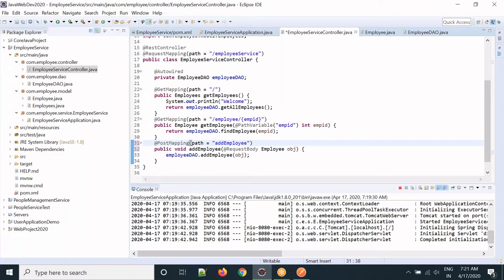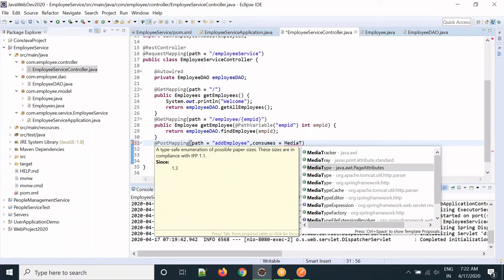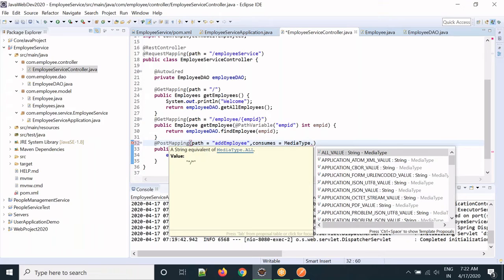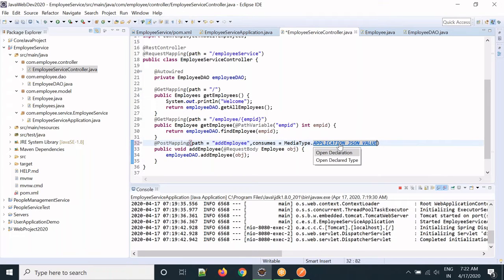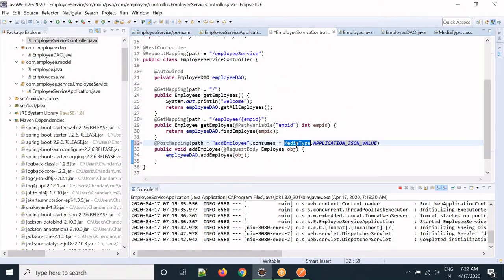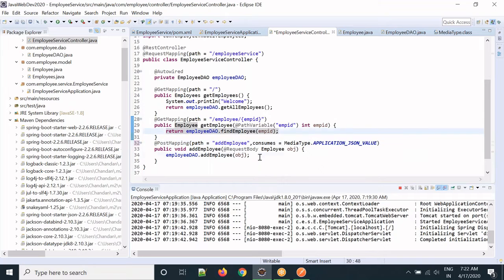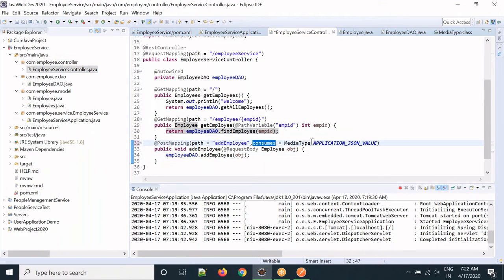Now we have to mention one more thing here, that what kind of data we will get. So you have to write here consumes. Okay, so we have consumes, and then we can write MediaType dot APPLICATION_JSON. So you can write this one manually, or you can use this MediaType class. But remember that this class should be from org.springframework. So basically we have to consume data in the form of application JSON